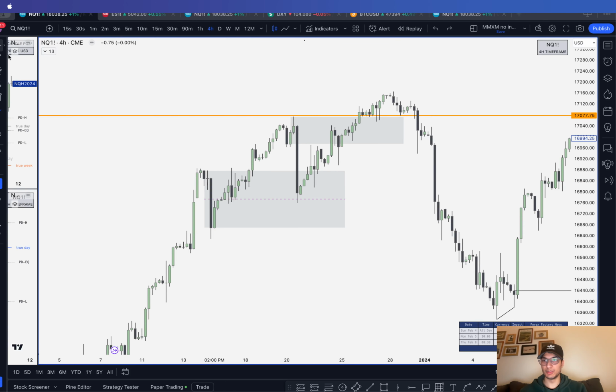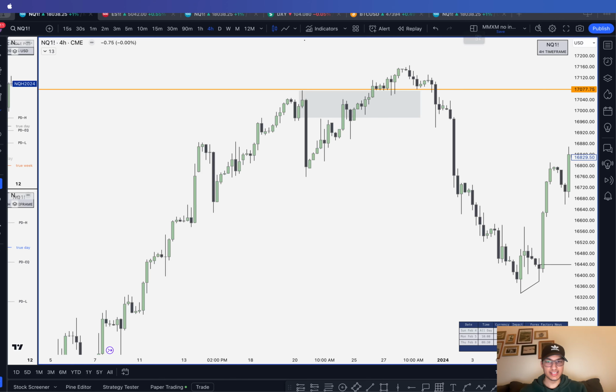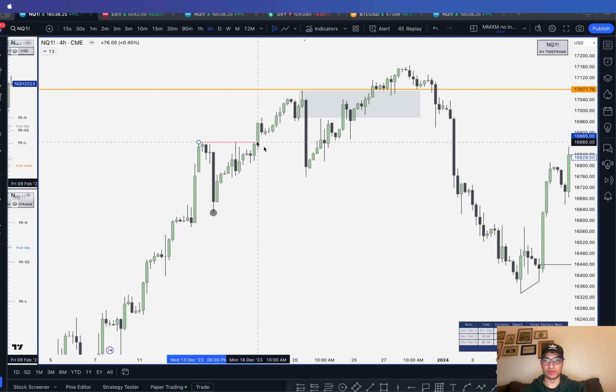Yeah, and I was talking to Willie about this earlier. You need to look at structure like this. This low, right here, breaks this high, correct? Yep. So this is a valid swing low because we put in a new high. This is a new high, so this is a real low. Now let's see where we put in another new high. So this low is qualified by this new high. High here, low,